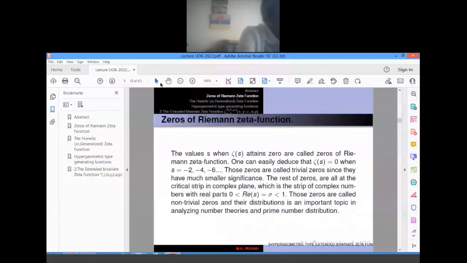When we consider the Riemann hypothesis, this famous hypothesis depends on zeros of Riemann zeta function. The values of z when this zeta(s) attains 0 are called zeros of the function. One can easily deduce that zeta(s) equal to 0 when s is given by negative even integers minus 2, minus 4, and minus 6. Now these are zeros, but we can see that these are in fact trivial zeros, since they have much smaller significance. Therefore, we are not having any importance in research of these zeros, but the rest of the zeros are all at